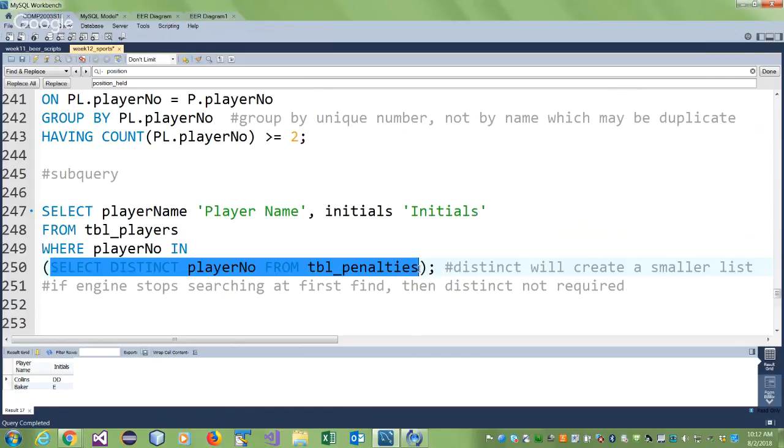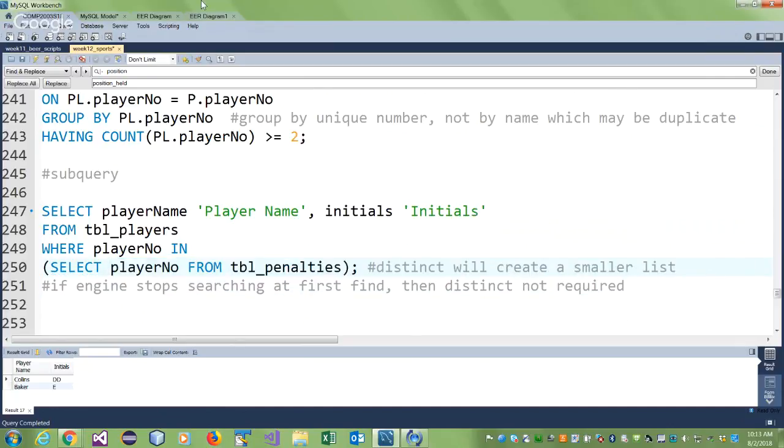If I only needed the number, I could have done it. But I need their name and initials. I mean, I can make it complicated, but this will not work. I can find the numbers and then I can find the names, which is really silly, but this subquery will not give you. Think about it. Group what? There's nothing to group. The grouping is here. This can be grouped. I can do this. Instead of distinct, I can say select player number from table penalties, where this player number is in that table,